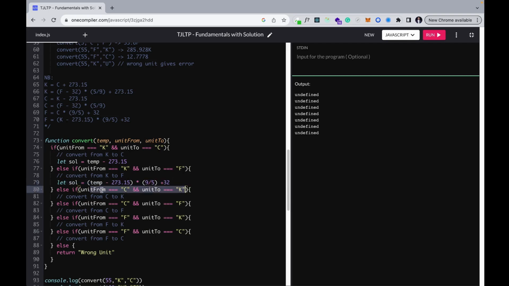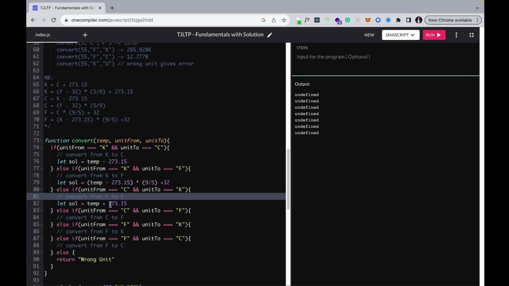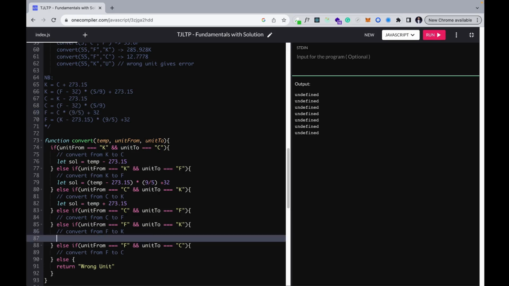Now we want to convert from C into K. It simply means we're giving the value in C and we want to get K. So we should look for K equal C something. Paste it on there. This value, which is temperature, and then now convert from C to F, means you're giving the C value and you want to get F, which is this one. Copy it,